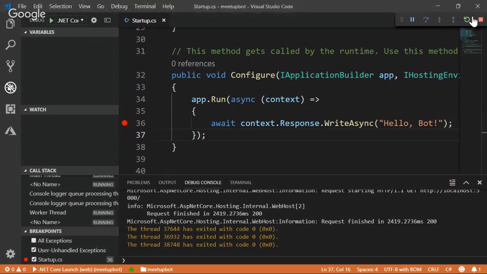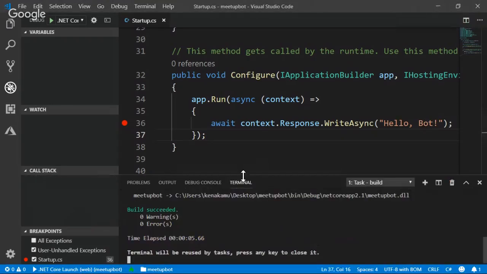So this is a very basic web API. We implement nothing, right? Just receive the message, return the string back. Done. This is not a bot. This is just a web API. If this is a bot, it's too terrible, right? So now we want to add a package, which is BotBuilder. So going to terminal